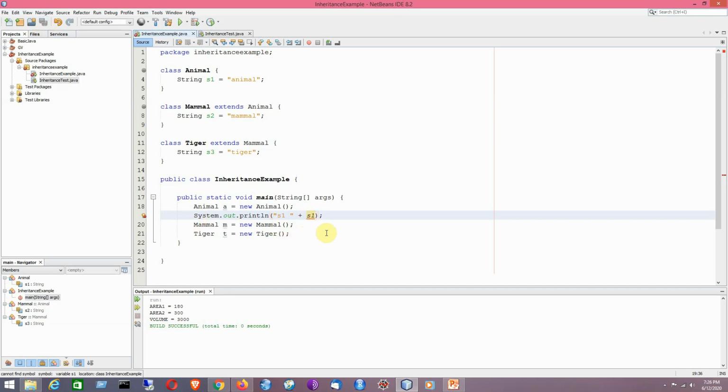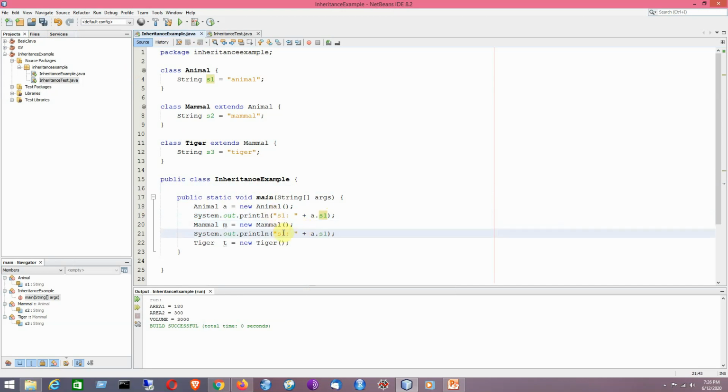So it will be just a dot s1. I can also put here a colon for display, for ease of representation basically. By using the object reference of the subclass I can access it. And here I will be writing s2.